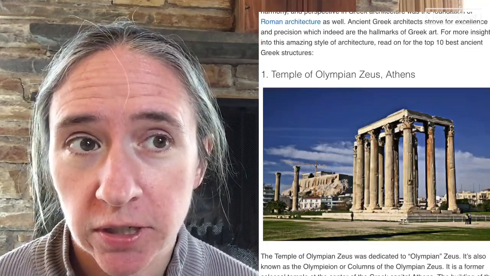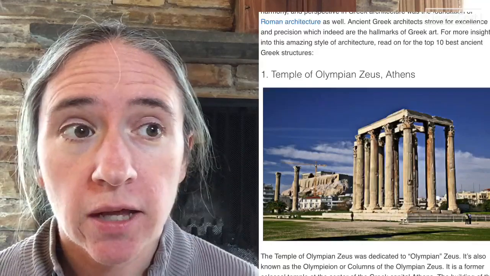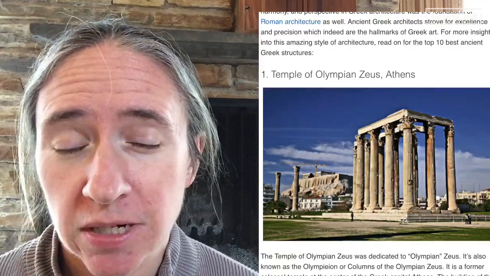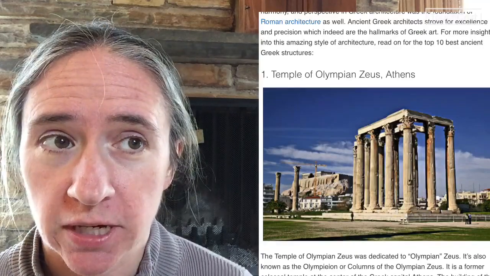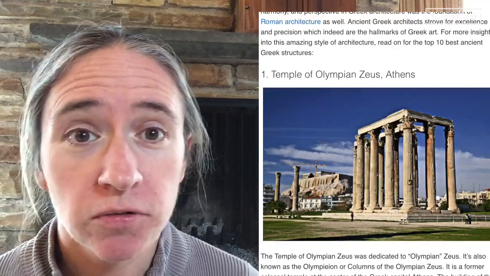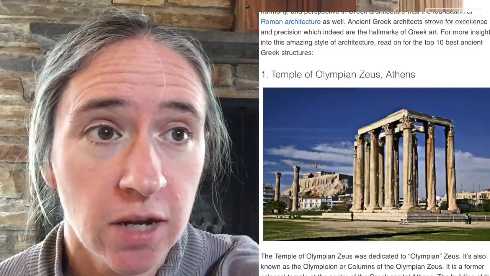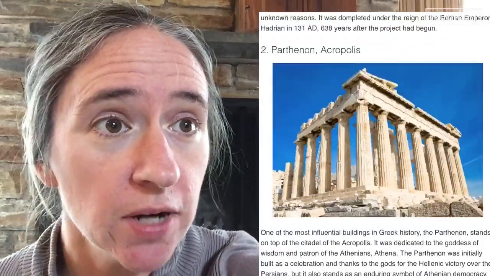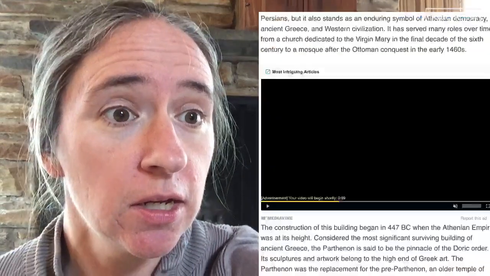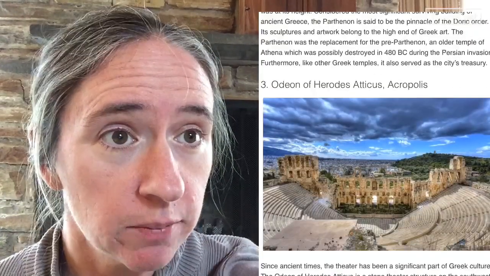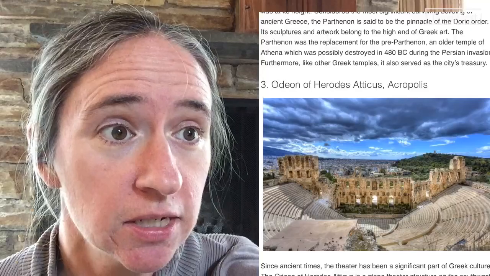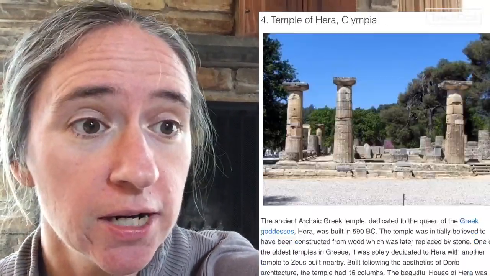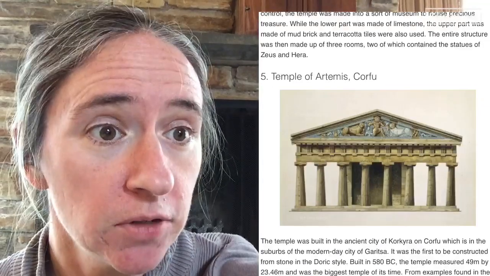So I'm going to show you, if you look on the side here, you'll see some of the most well-known buildings left from ancient Greece. And I'm just going to scroll through for a second, and I want you to see if you notice something that most of them have in common. So we've got the Temple of Zeus, we've got the Parthenon, we've got Odeon of Herodes in the Acropolis, we've got the Temple of Hera, Temple of Artemis,